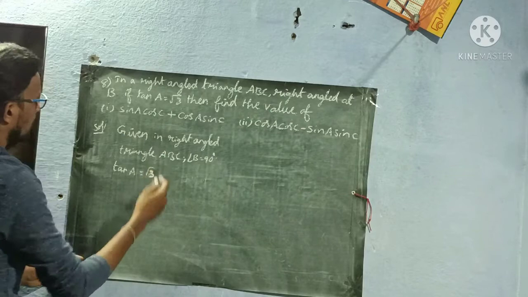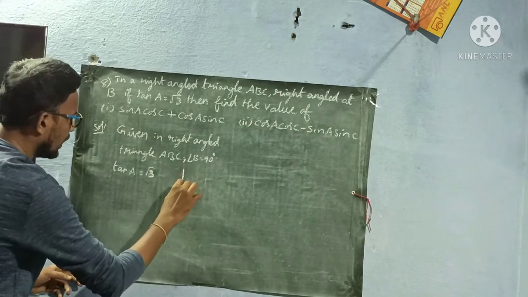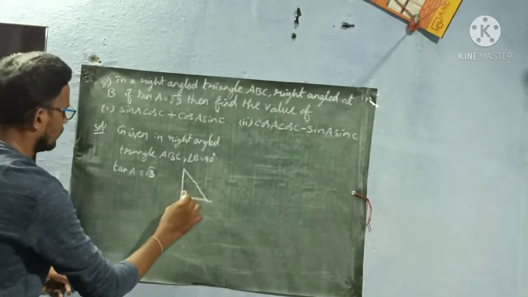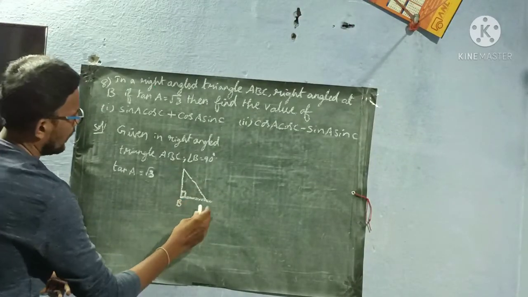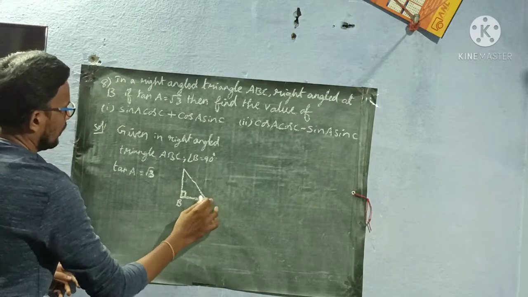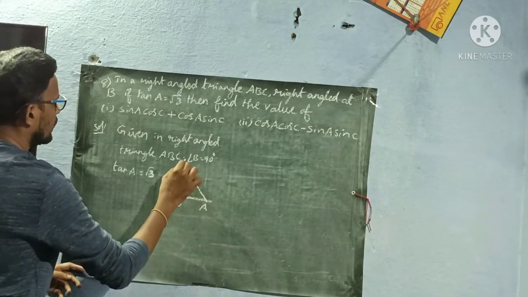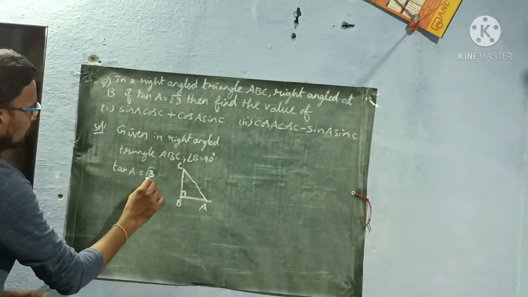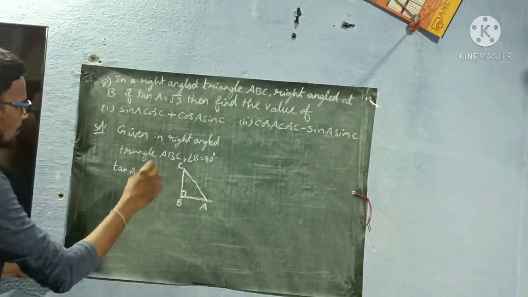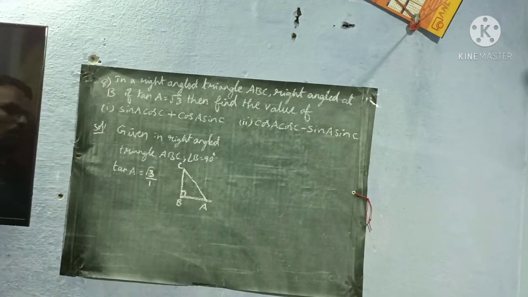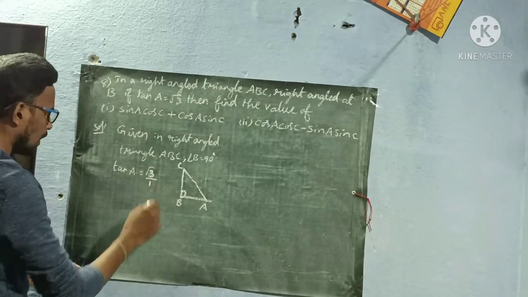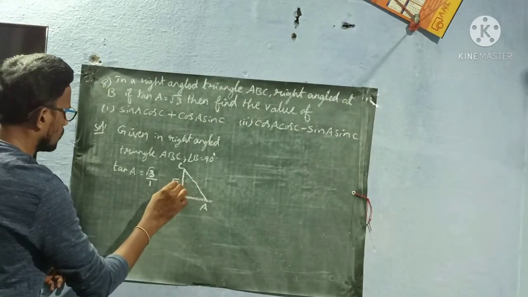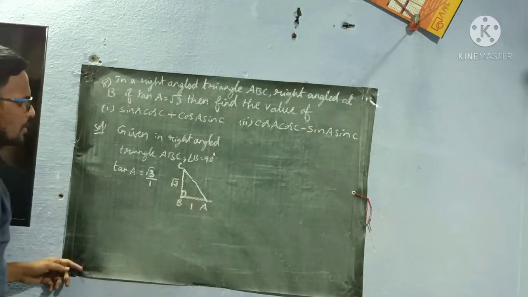So now let me draw a right angle triangle here, where angle B is 90 degrees, and at A theta angle should come, and C should be here, so that AC becomes the hypotenuse. So here root 3 is given, so denominator nothing is there, means we can write by 1. So here tan A is equal to root 3 by 1. So root 3 by 1 is nothing but opposite side becomes root 3 by adjacent side becomes 1.